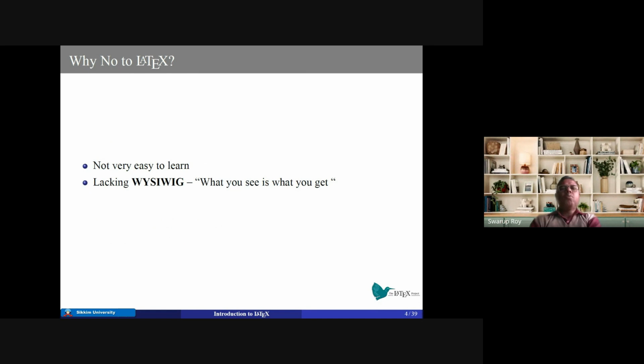But why have people not shown much interest in LaTeX? The obvious reason is that since it's kind of scripting, you need a certain level of coding. I don't say it's like a computer science student's coding, but it needs some cryptic kinds of things, which most people have a phobia of: how am I going to use it, there may be some error happening. So that is one of the reasons why people keep themselves away from such a nice, beautiful document preparation